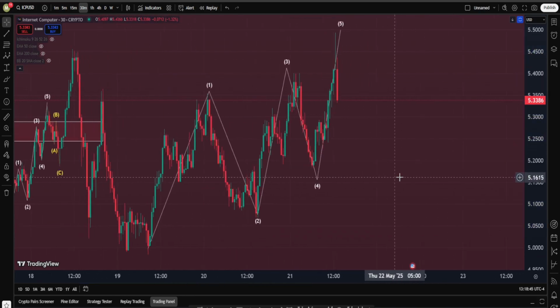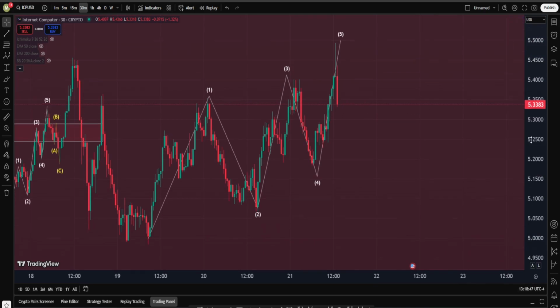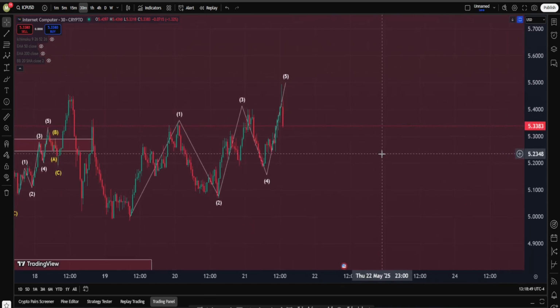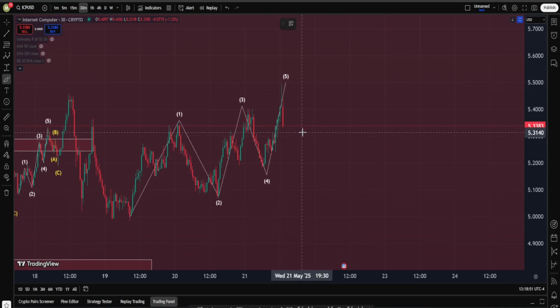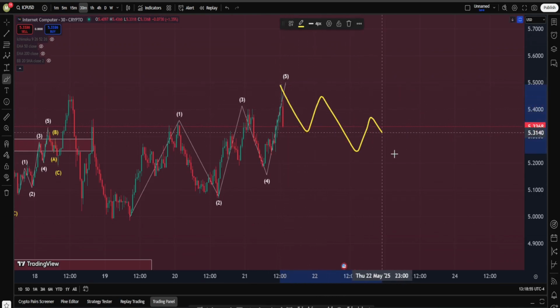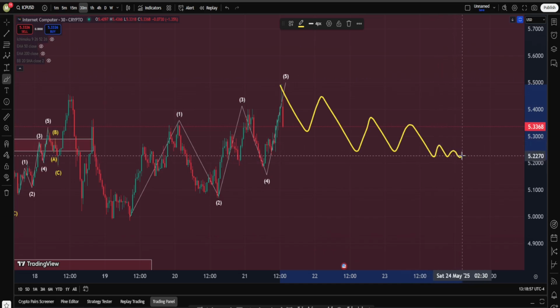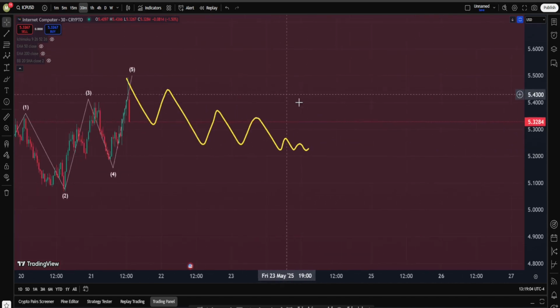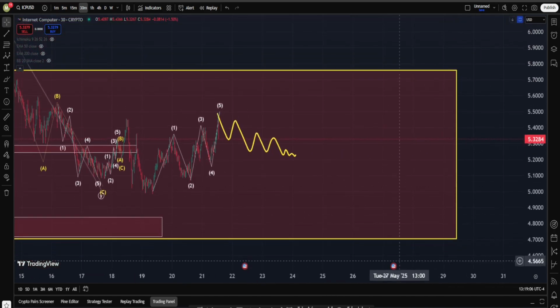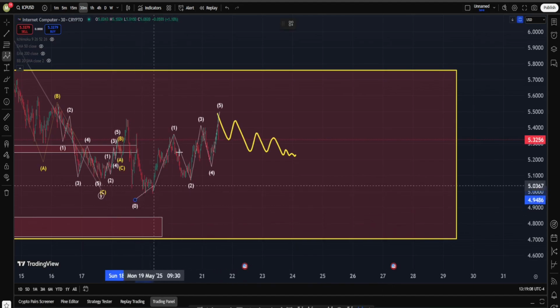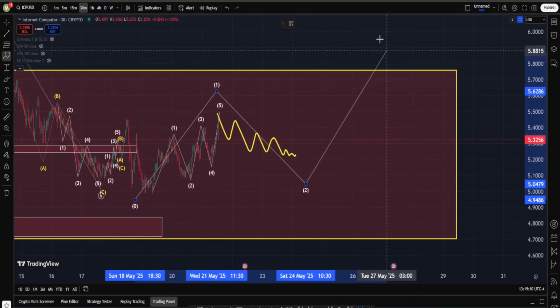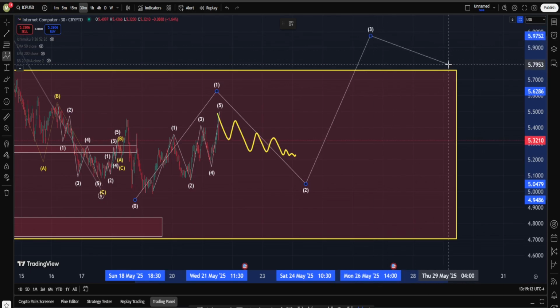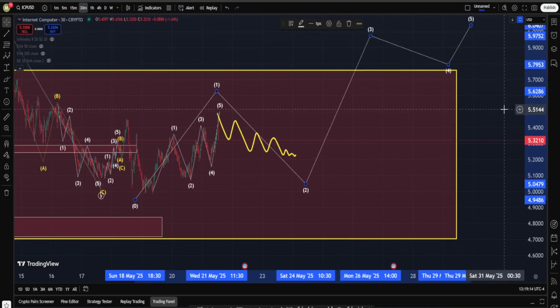Now, question: let's say this is happening. What happens after a 5 wave up? You know the answer, a correction structure on the downside. And I'm really hoping that this move is going to be a slow and choppy one, something like this. And then if we see the right structures in the next update, I am going to say this might be a bit of a long opportunity for us, in hope that we get another fantastic move up, because on a higher degree, maybe this is 1, this is 2, and the next move is going to be a big one up into wave 3 and 4 and 5.